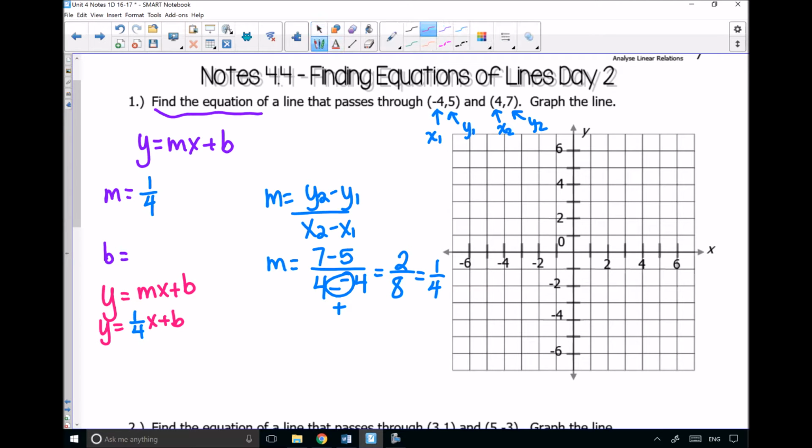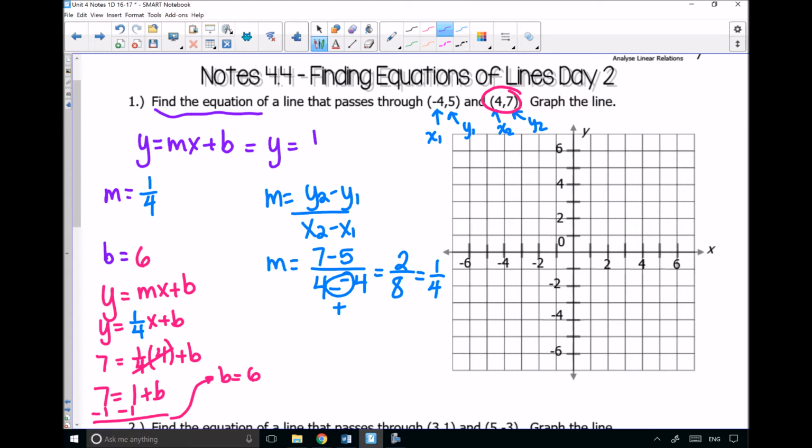So then all I have to do is take a point and plug it in, and I can choose which point I want to plug in. So I'm going to choose (4, 7) because it doesn't have negatives in it, so it's easier for me to deal with. So I'm going to plug in 7 for y equals 1/4 times 4 is going to go in for x plus b. Okay, so then I'll get 7 equals, well, 1/4 and 4 will cancel each other out, so I just get 1 plus b, subtract the 1 from both sides, so I end up getting b equals 6. So b is no longer a mystery. I know my m, I know my b, so I know my answer is going to be